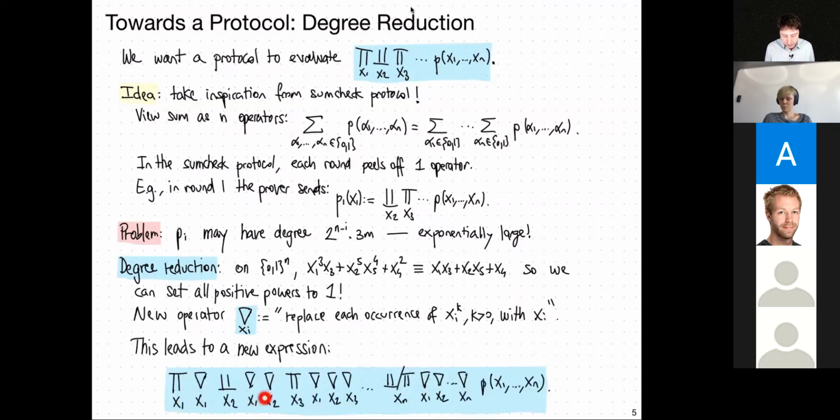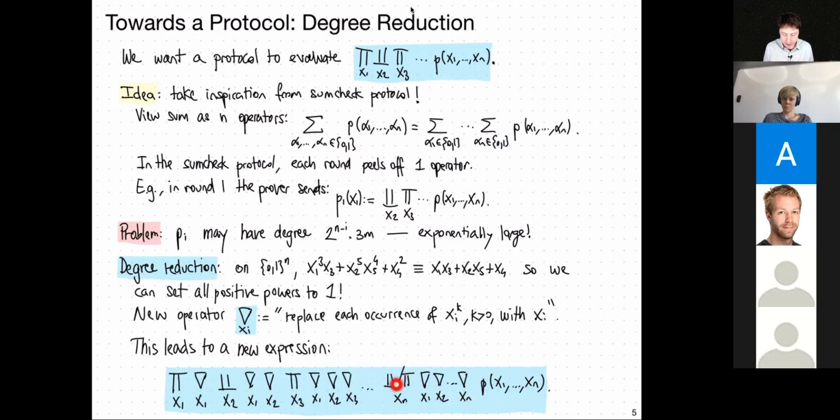So what we can do now is consider a new expression that has the same value as the old one, but it does not have this degree problem. We start with the original polynomial, and first, for good measure, we just linearize every variable, right? Because maybe x1 comes in with degree, I don't know, 5, because maybe x1 appears in 5 different clauses. Okay, and we just say, whatever, we'll set to 1 all the degrees right away. Okay, and then every time we have